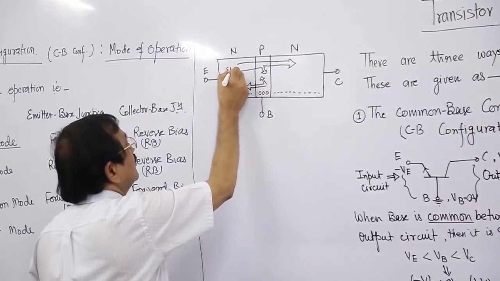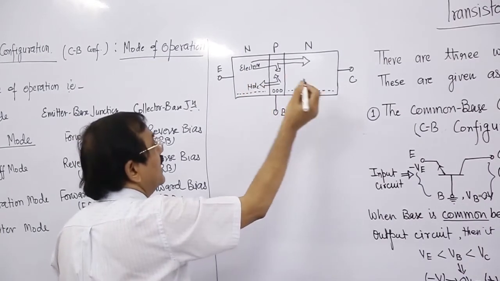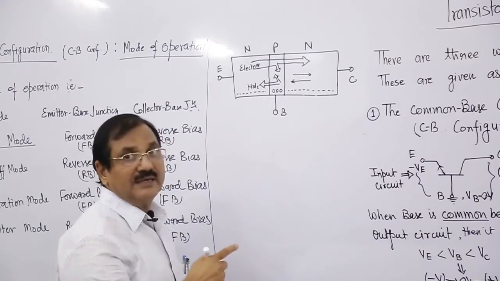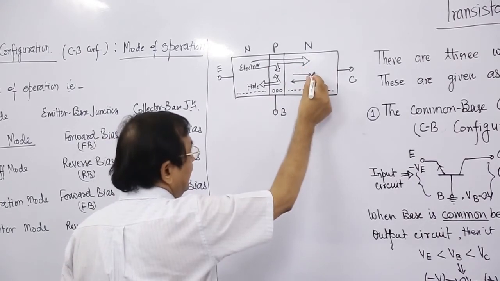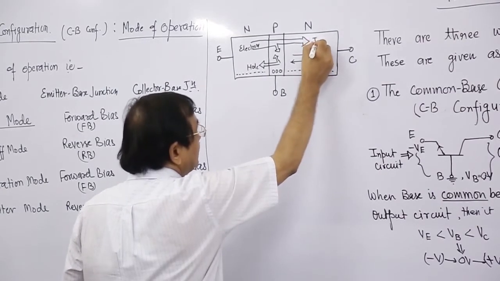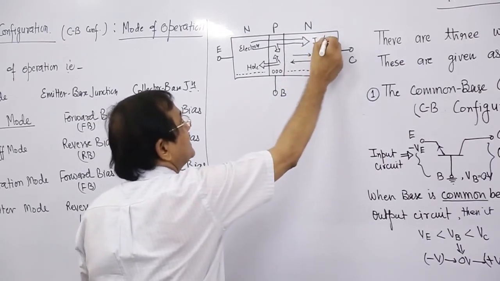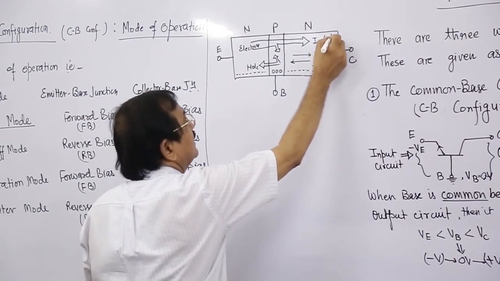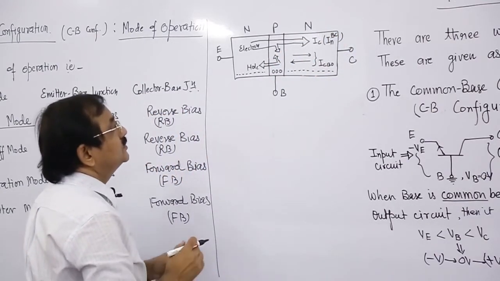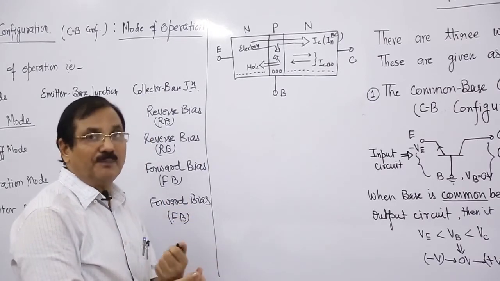So this is electron, and here it is hole, and in this way the electron and hole constitute the minority carrier current, ICBO, here it is IC, especially INBC. So if we write the current in the form of components,